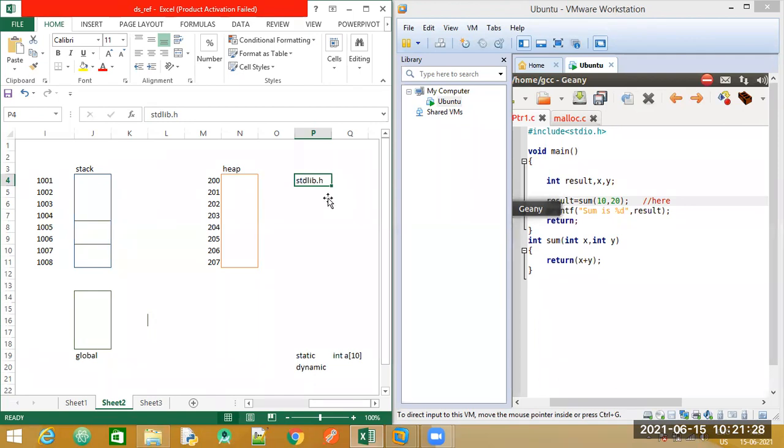Now we have four methods. Let me write here. We have the malloc method, we have calloc, we have realloc, and we have free. So these are four functions which we will use for dynamic memory allocation.